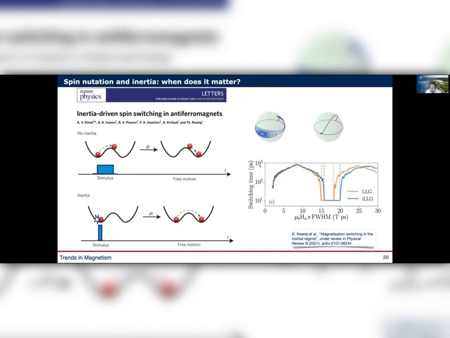And here we show the switching time versus the product of the field amplitude and duration, the full width at maximum in picoseconds of the pulse width. It's a Gaussian field pulse which we apply, and then we create a 2D phase diagram. The long story short is that if you compare the LLG and the inertial LLG equation, it is easier to get into this ballistic regime, which is the fast one. The precessional switching takes much more time than what we call the ballistic regime.